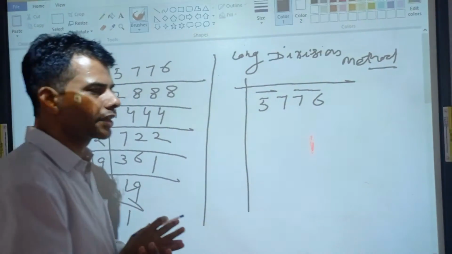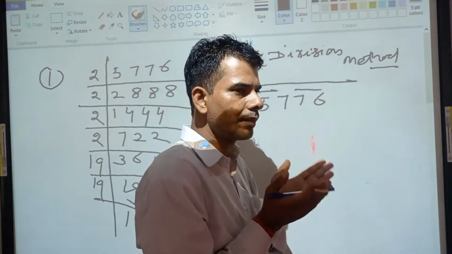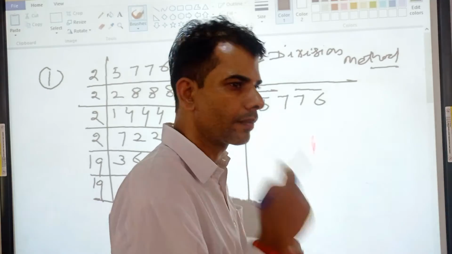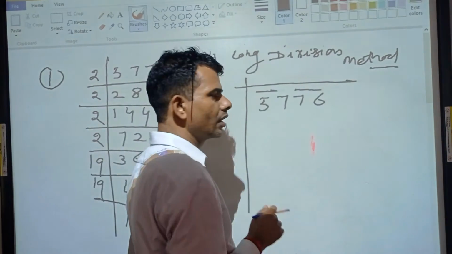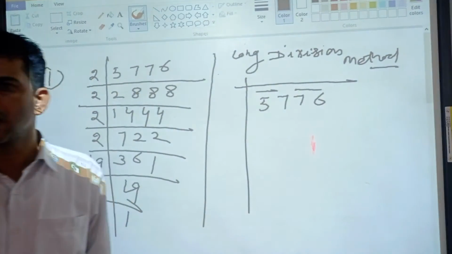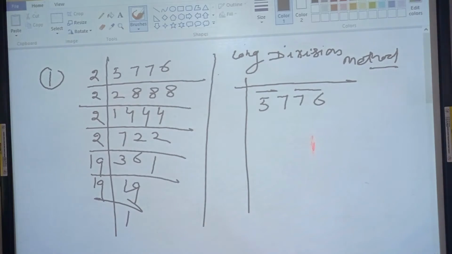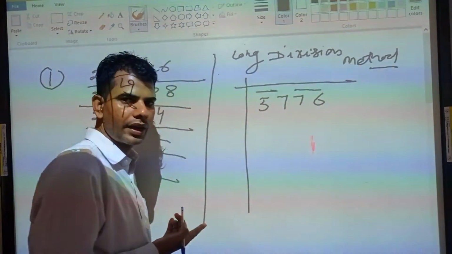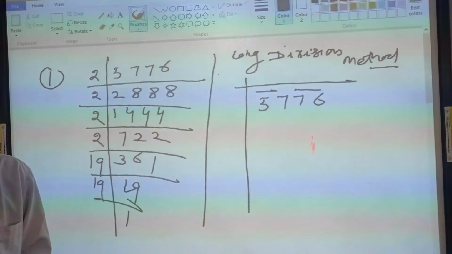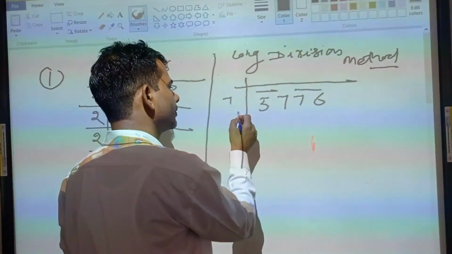In the long division method, from the right end we will make the grouping of 2 numbers. 76 is the first grouping, 57 the second grouping. Now count the perfect square numbers. 1 1 is 1, 2 2s are 4, up to 8 8s are 64, that is greater than 57, so 7 7s are 49.